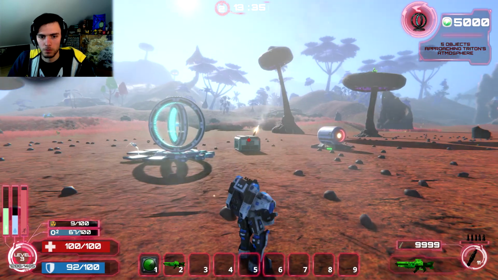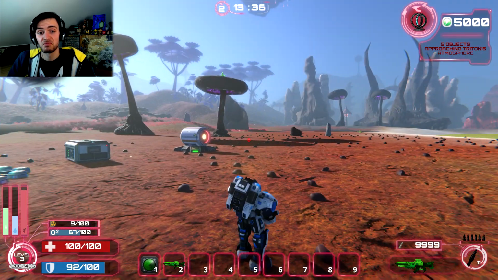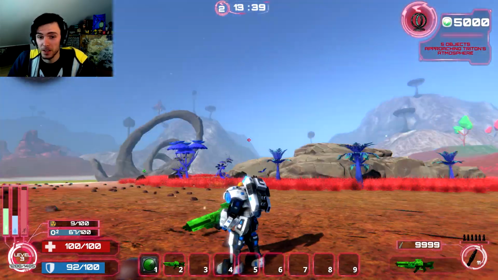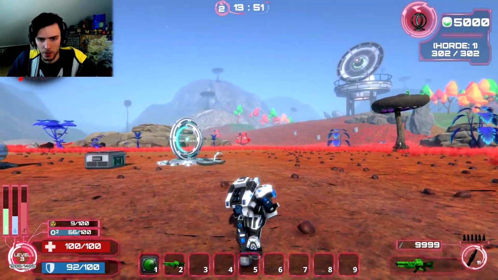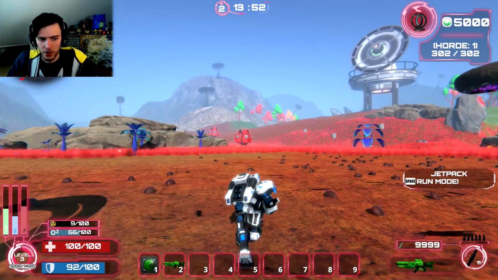Oh. Right-click is missile. Not zoom anymore. I guess they couldn't figure out why our zoom wasn't working, so they just made it a missile. Oh, there's one really close. Heck. Should I be trying to, like...